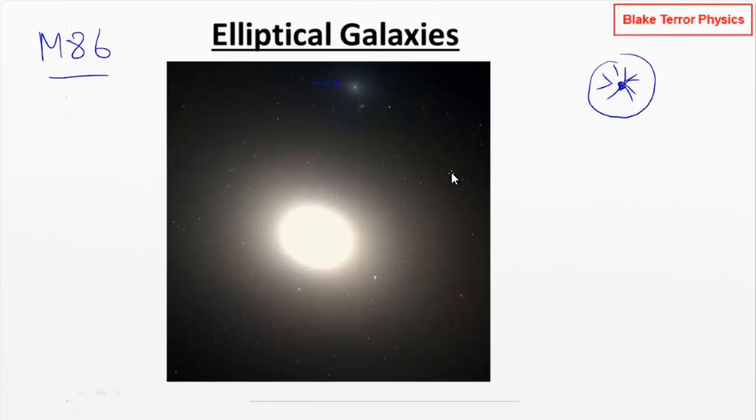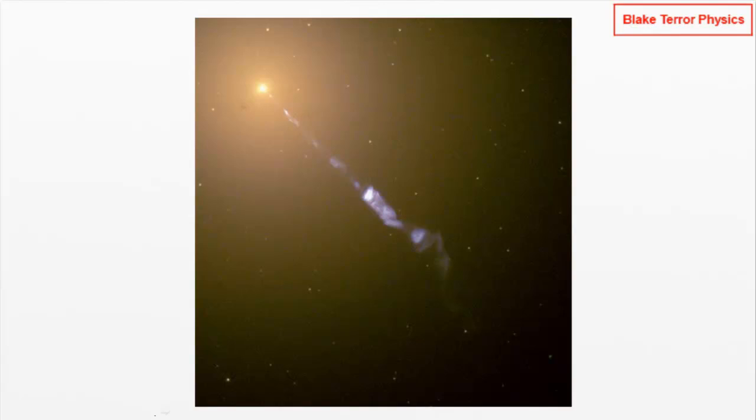And they range massively in size, elliptical galaxies. You can get tiny little ones, as I say, which are quite similar to globular clusters. You can get mega galaxies. I mean, this is a famous one, not just because it's elliptical, but because of this big jet coming out of it, which I'll get onto in a moment. This is M87. This is one of these supergiant galaxies, trillions and trillions of stars. It's just enormous, this thing. And you think, well, if this is one of the biggest galaxies around, and we're talking about hundreds of thousands of light years across, then what on earth is going on with this great big thing? I mean, look at the length of that jet that's coming out of it.